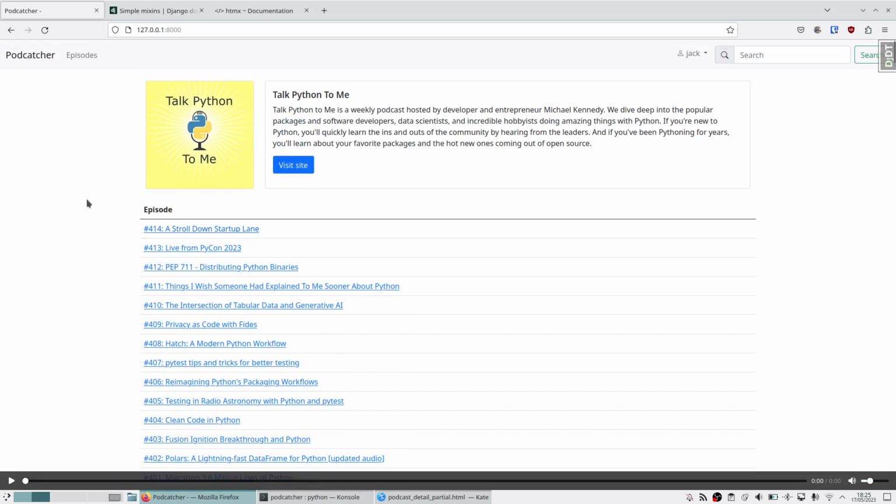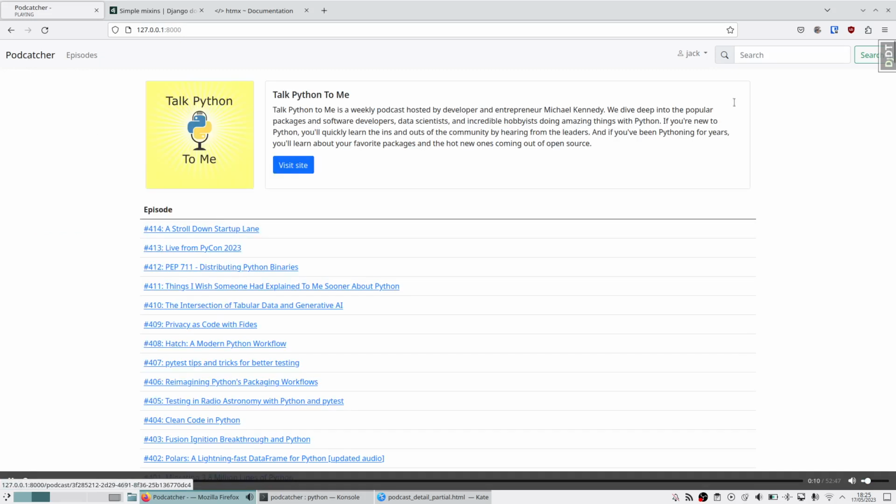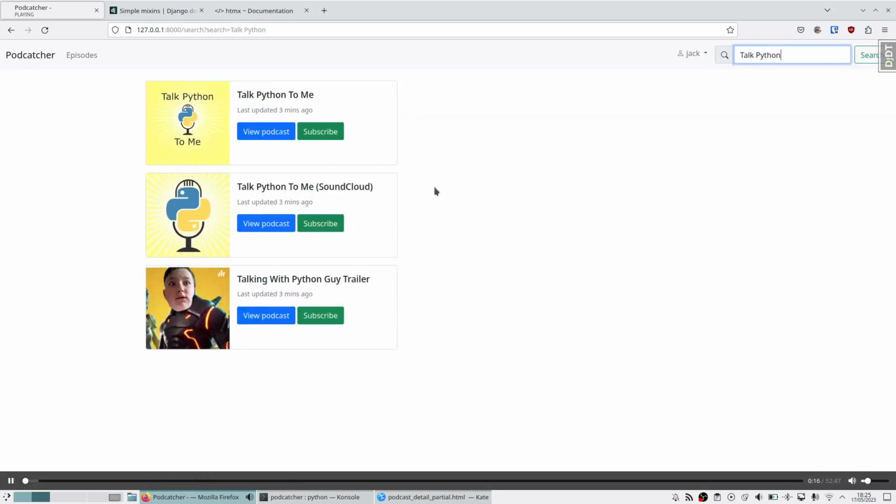Let's click this. Okay, so we are playing a podcast. Let's look at the episodes. Podcast still playing. Let's look at the index. Podcast still playing. Let's use the search. Podcast still playing. Wow, that's really cool. So with htmx, we've managed to allow kind of uninterrupted playback, and that's all without using